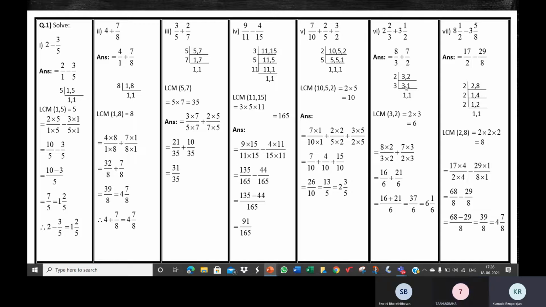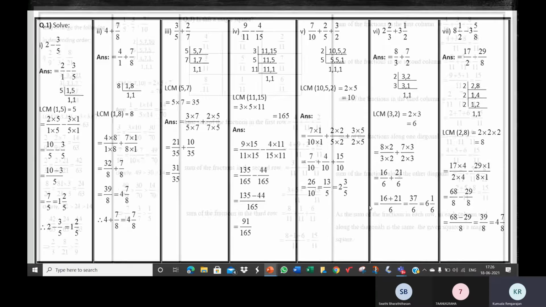The denominator is 3, but we need to get 6 as the denominator, so we need to multiply. We are finding an equivalent fraction. We multiply the numerator and denominator by 2 in order to get 6 as the denominator. Then do the same thing with the other fraction, make them like fractions, and then add. Okay, I think this we remember.